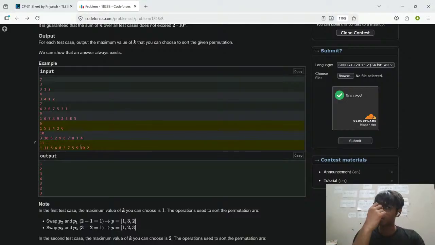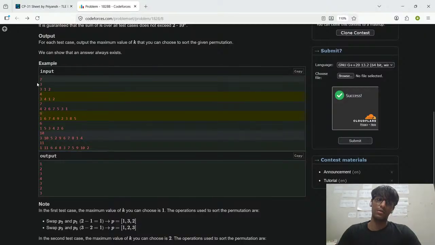My one observation was that the difference between the first largest and the second largest is one, basically. So the answer is one. The difference between the